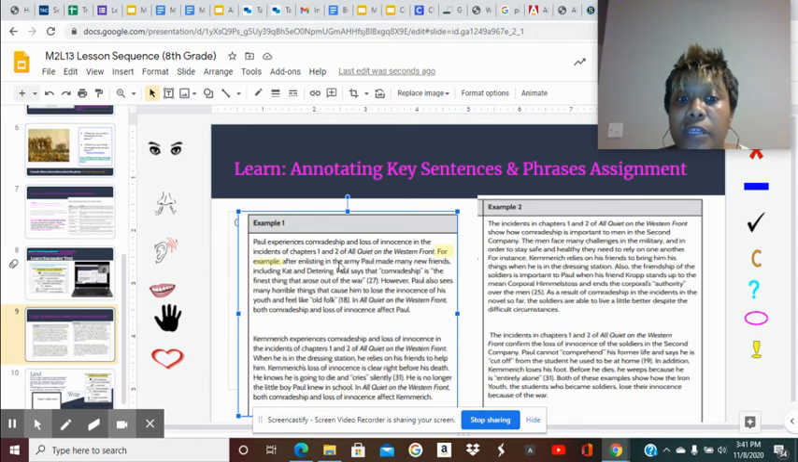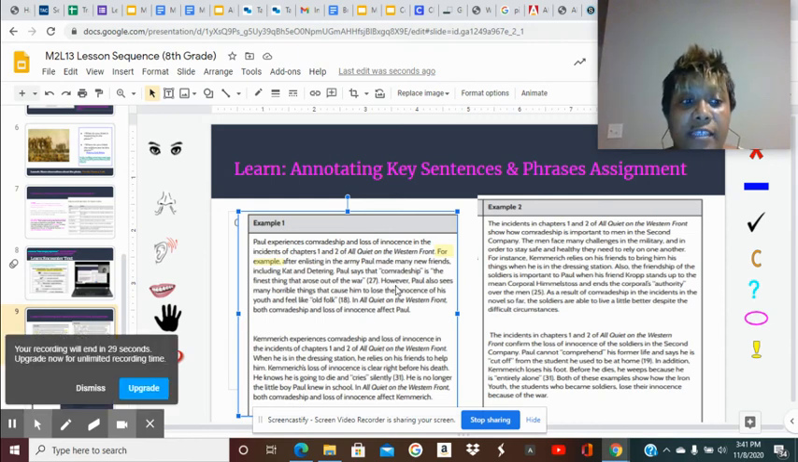Now let's see. After enlisting in the Army, Paul made many new friends, including Kat and Dietering. Paul says that comradeship is the finest thing that arose out of the war. However, transitional phrase, Paul also sees many horrible things that cause him to lose the innocence of his youth and feel like old folk. In All Quiet on the Western Front, both comradeship and loss of innocence affect Paul. So here we would definitely highlight, however, or we would underline it, right? Because this is one of our